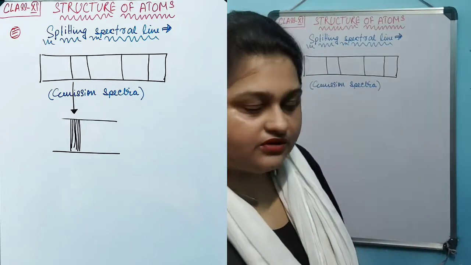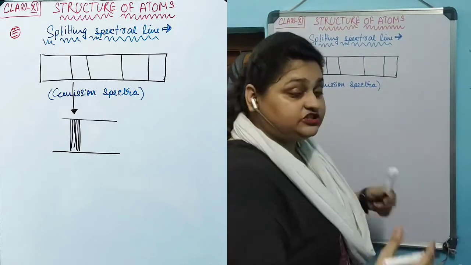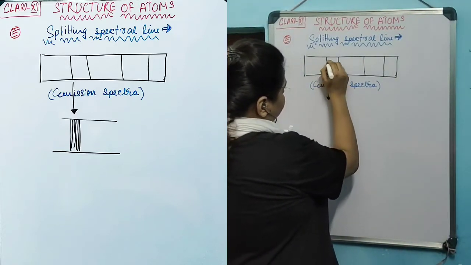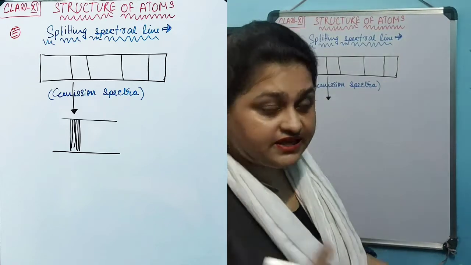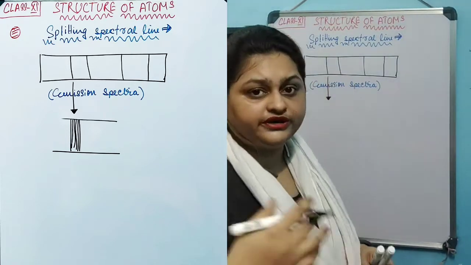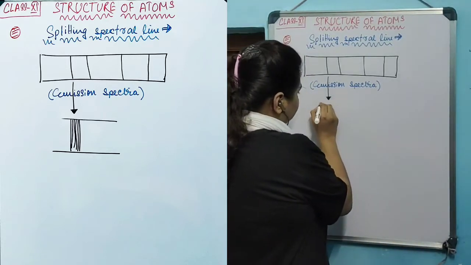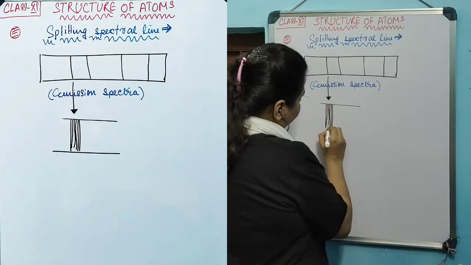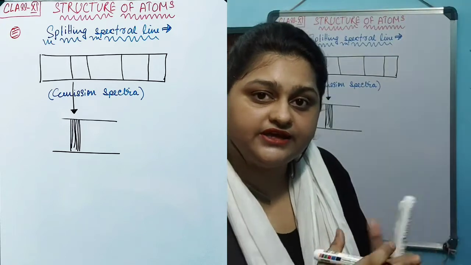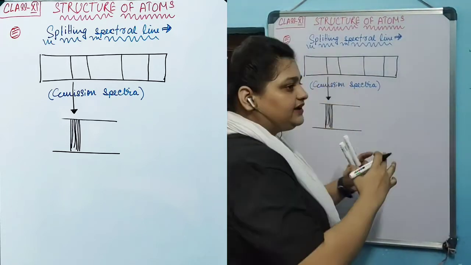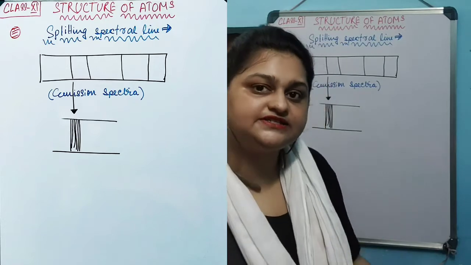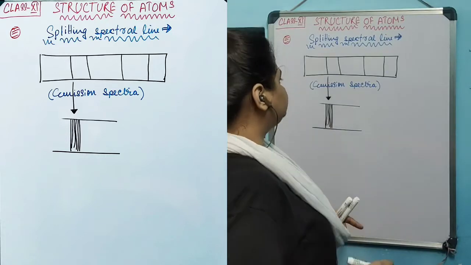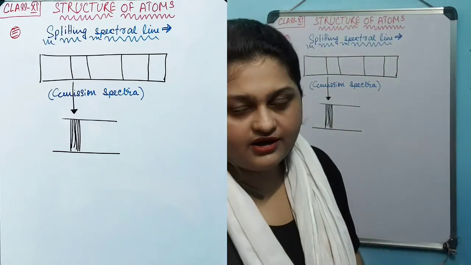During this study, when the more resolved, more sophisticated spectroscope was used, they saw that the single line of emission spectra that we were getting actually comprises numerous fine lines very close together, when we resolve this single line on a large scale through a very sophisticated spectroscope. This kind of resolution of the lines in the emission spectra is known as splitting of spectral line.